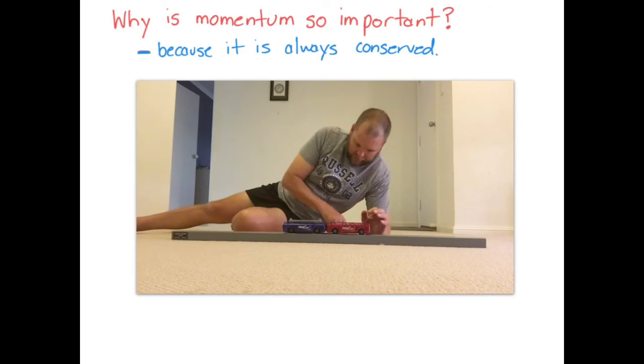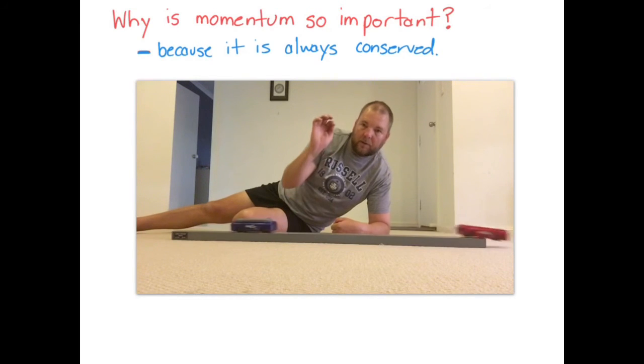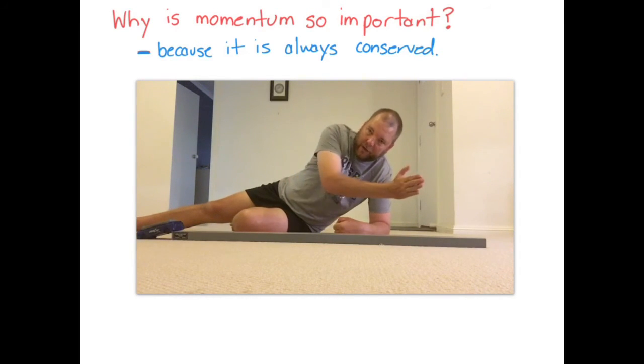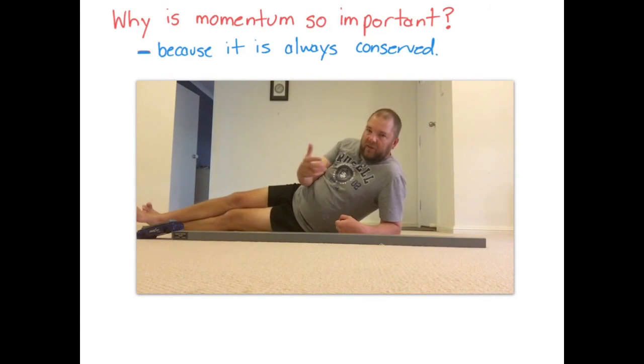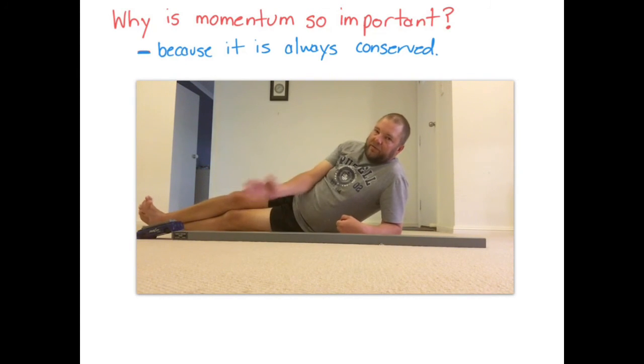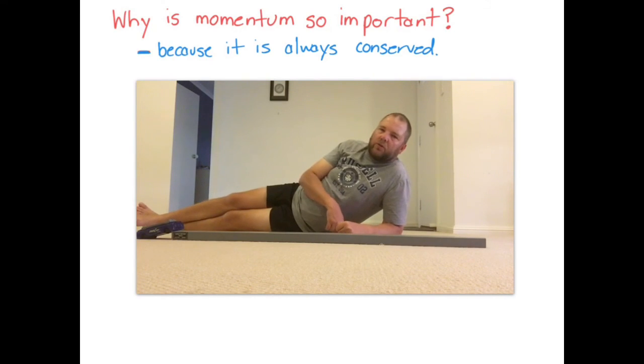Let's now make the blue car much more heavy. So this is going to be, if you like, the heavy fragment after an explosion. This is going to be the lighter fragment. And we can see the lighter fragment shot off much, much faster. And once again, we're going to use conservation of momentum to explain what happens. We're going to do that though in 2 dimensions, not just 1 dimension along a line. But I think this hopefully gives you a good little picture of what's happening